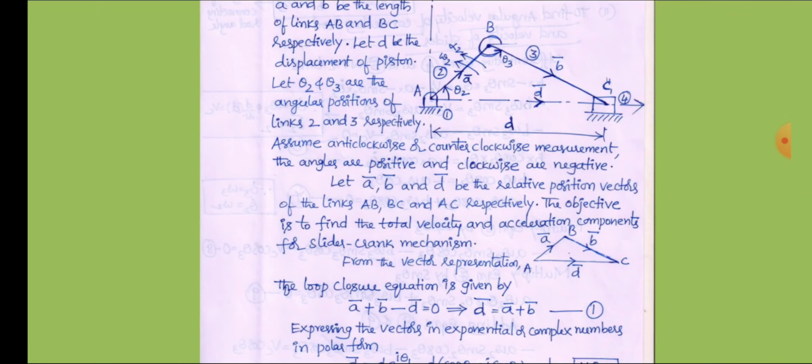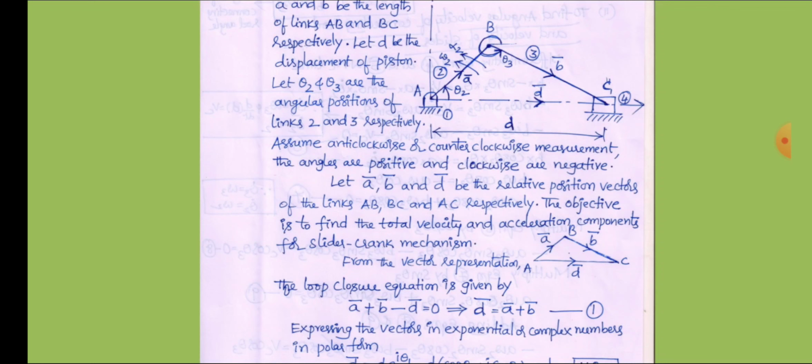Similarly, let theta 3 be the angle made by the connecting rod, which I measure in the anti-clockwise direction. In the same direction I represent a position vector that I call B bar. So B bar is the relative position vector of BC. A bar is the relative position vector of the link AB, that is AB bar,